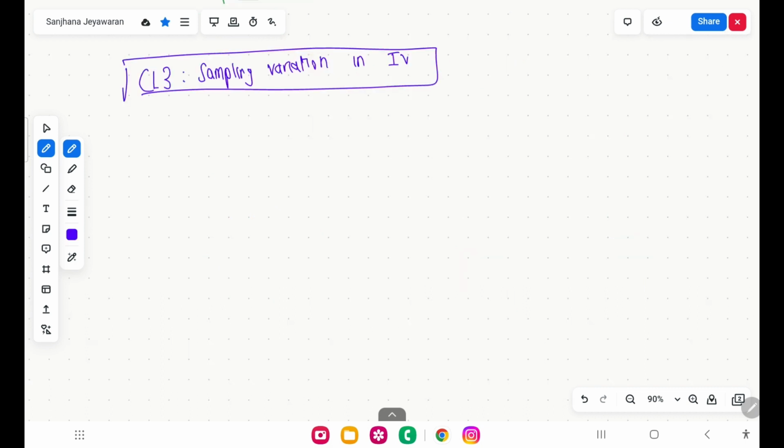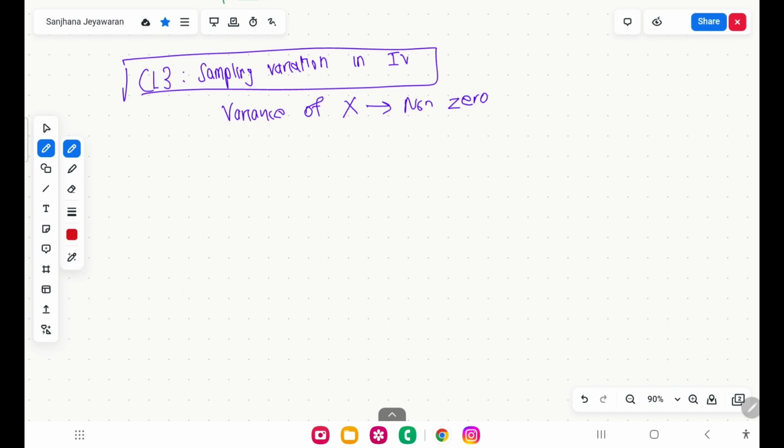Next is CL3, where they say there should be a sampling variation in the independent variable, which literally means the variance of the independent variable, the variance of x, should be a non-zero value. It can't be zero. It should have a non-zero variance. Okay. Why do we say this? Because